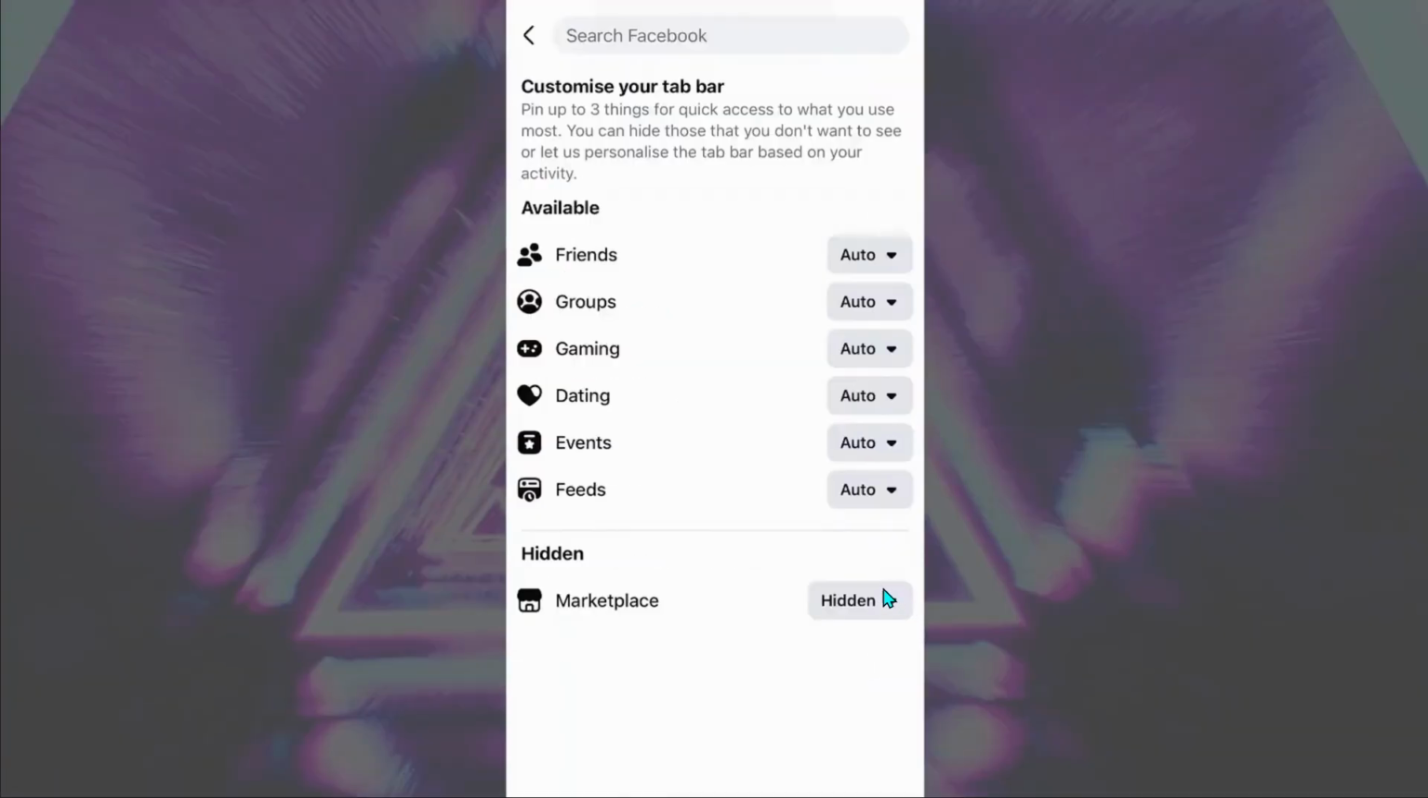If Marketplace still doesn't appear, don't worry. There are a few extra steps to try. Open your browser and search Can't Access Facebook Marketplace to find Facebook's official help page, which walks you through troubleshooting